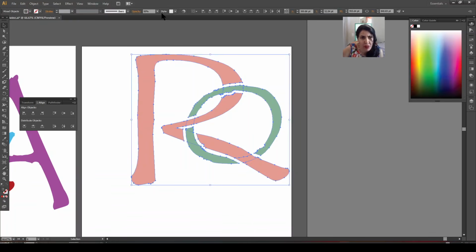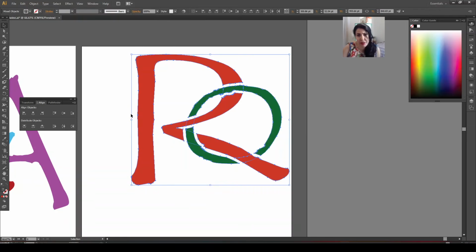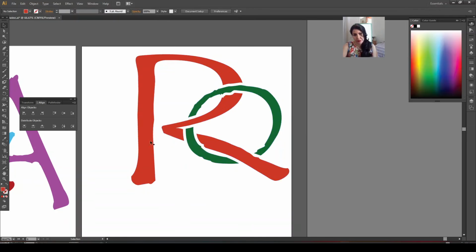Select all and increase the opacity to 100%. So as you can see, O on top, bottom, and after your creation, you can select both,